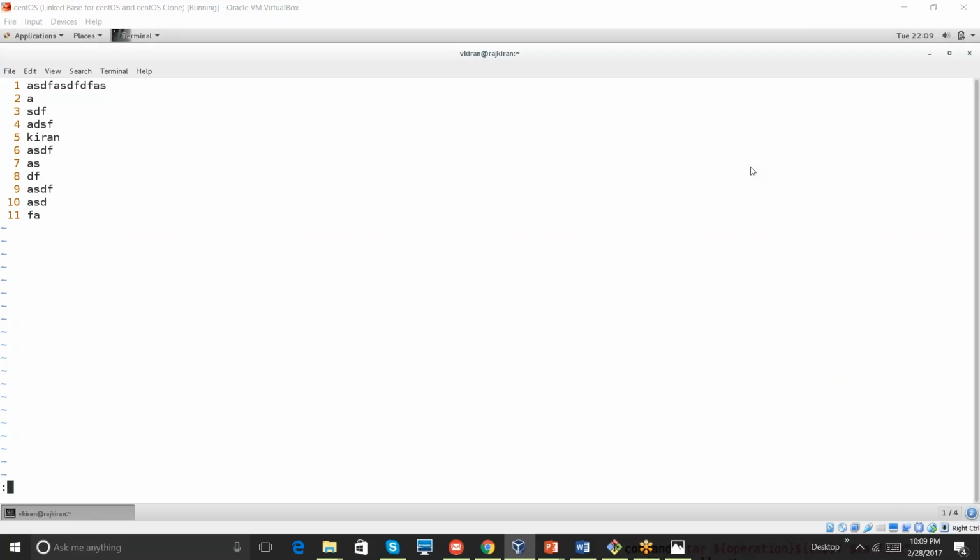Raj, can you try with the percentage S before the statement? You have changed Raj to Kiran, right? At that time you had given lines 1 to 10, right? Instead of 1 to 10, you can try percentage S, substitute Kiran with Raj